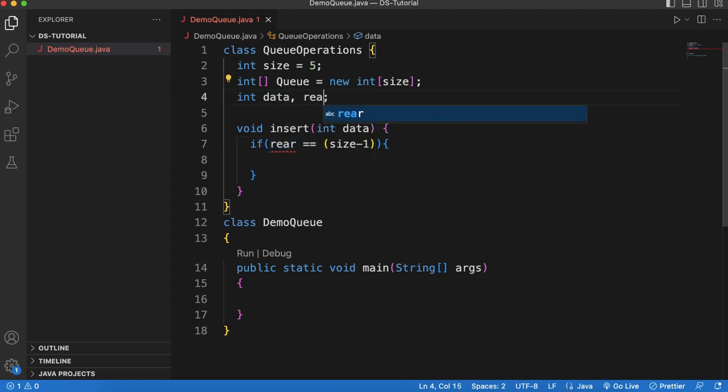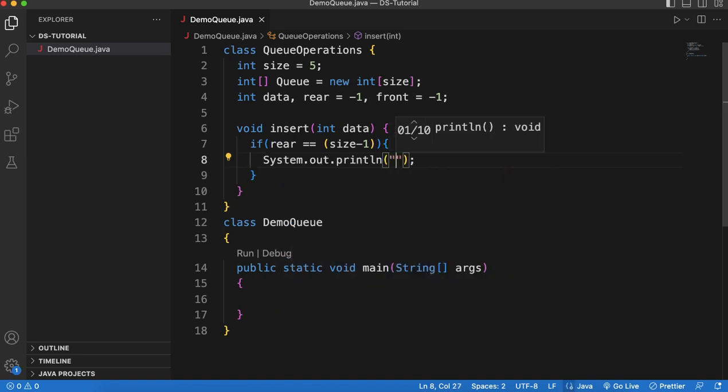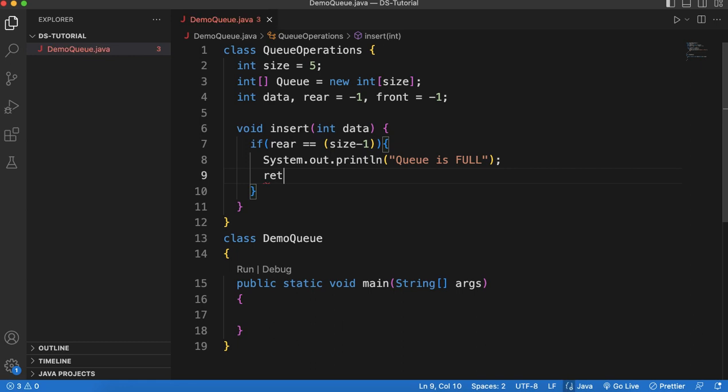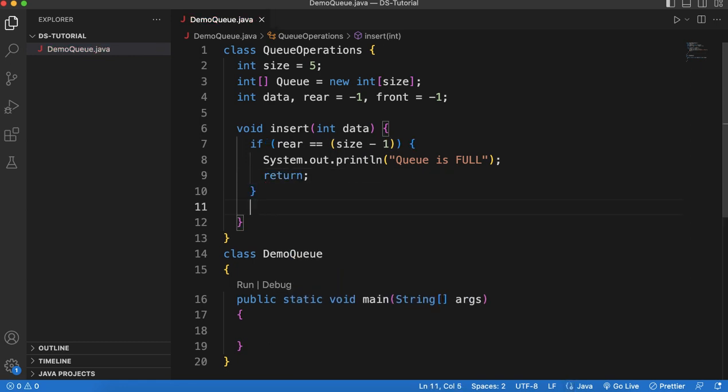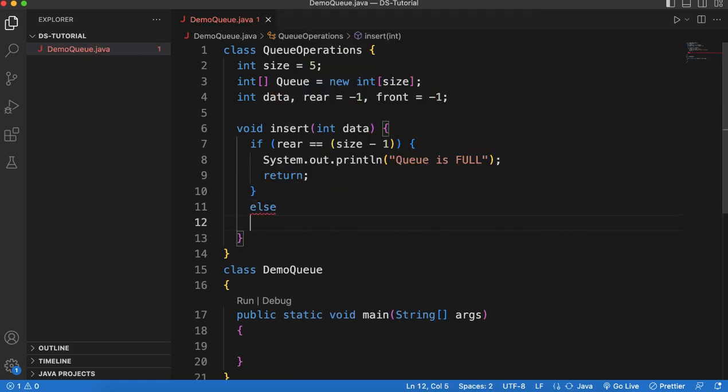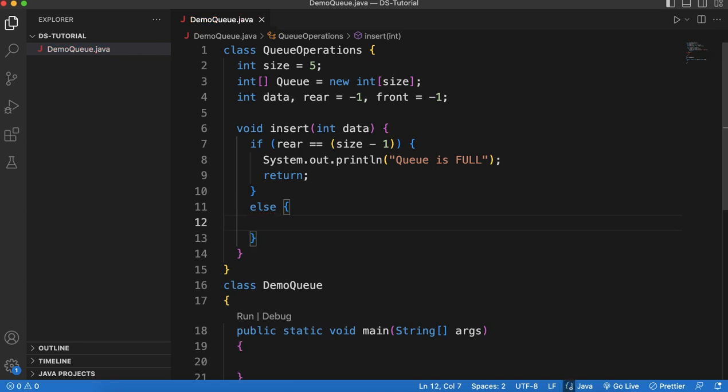So I will declare here rear, which will be integer -1 initially, and front will also be -1 initially. So if rear is equal to size -1, what message do you want to print? We want to print a message that queue is full and go back. So return. Else, if this is not the case,